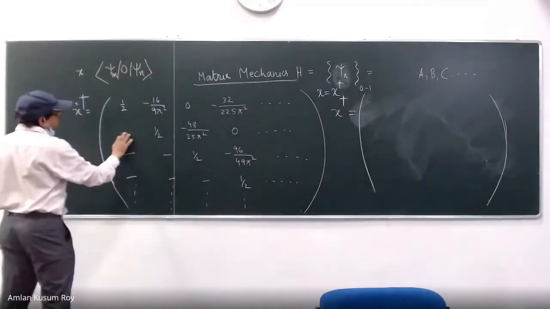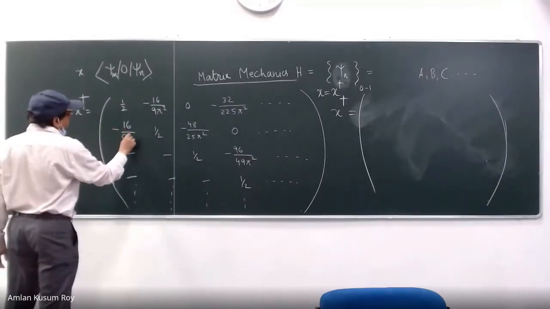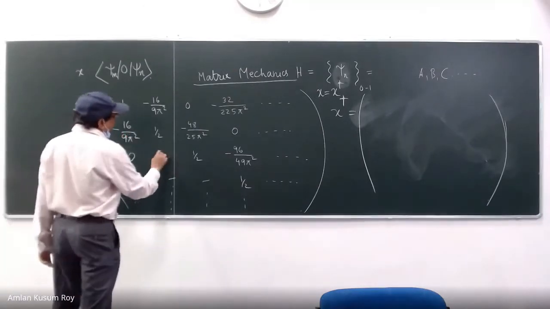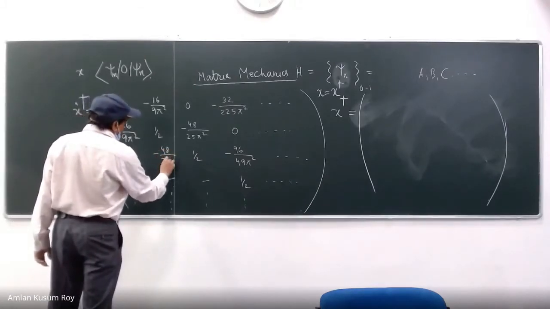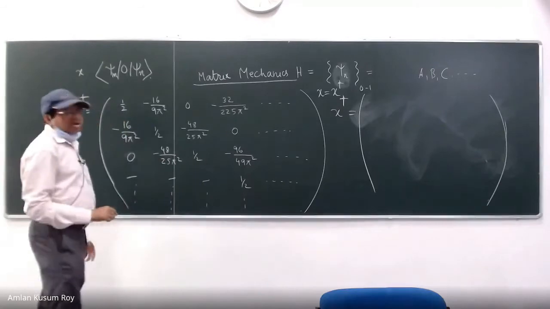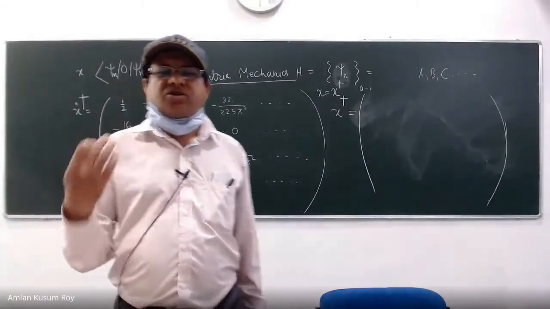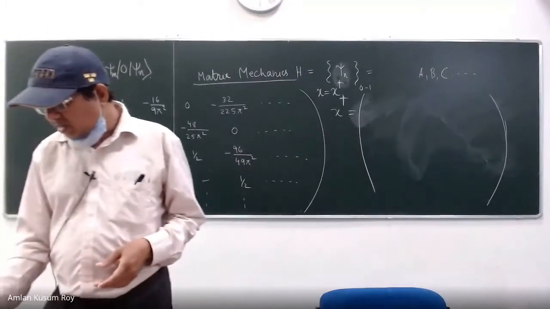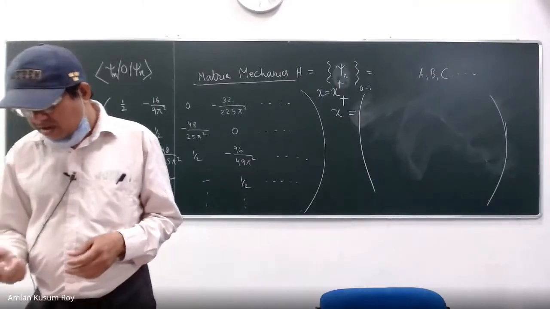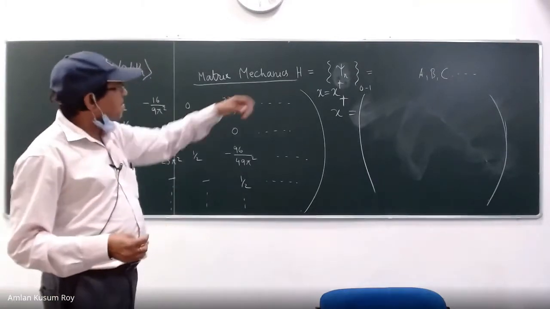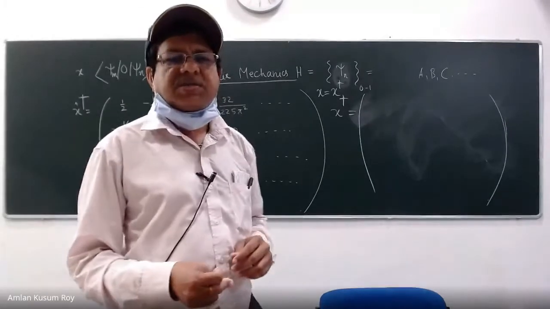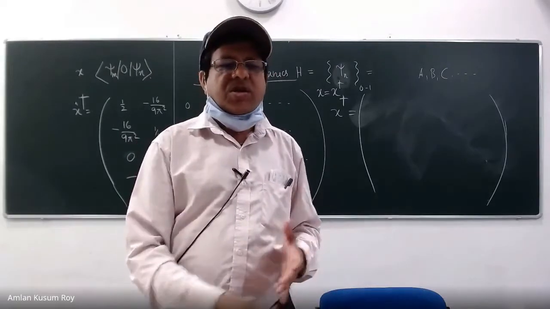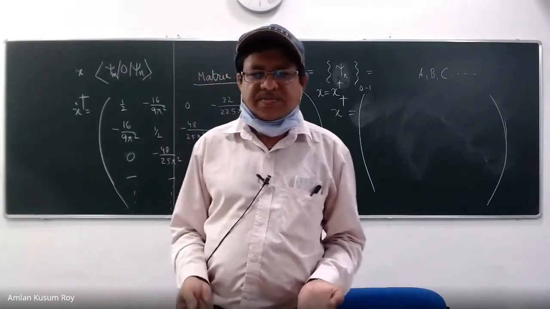And how is it happening? Because now you can write, so X, this will be 16 by 9 pi square, you can verify it. And then this will be 0. And this is minus 48 over 25 pi square, that kind of thing. So you can see that X dagger is actually the X matrix. Is that clear? So we say that the X operator is Hermitian, and the same thing is going to happen to your Hamiltonian matrix, because it is a diagonal matrix with real numbers. If you do complex conjugate transpose, it will give you the same matrix, right?